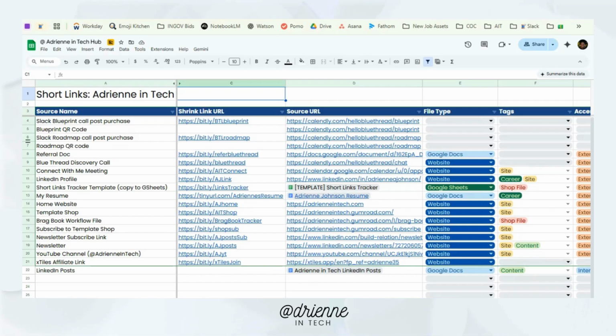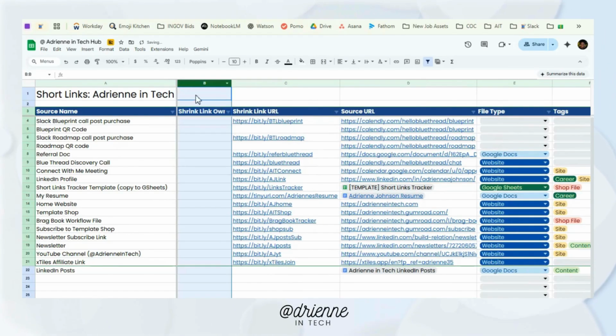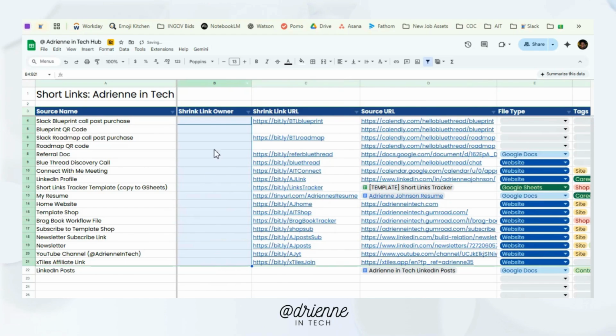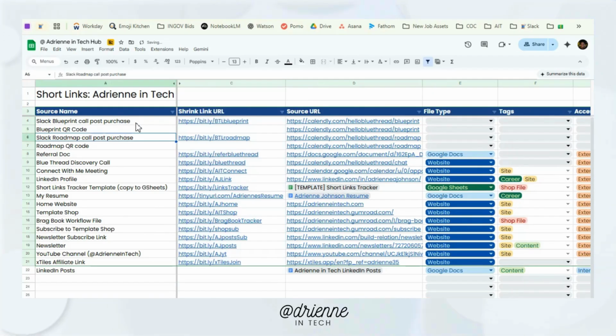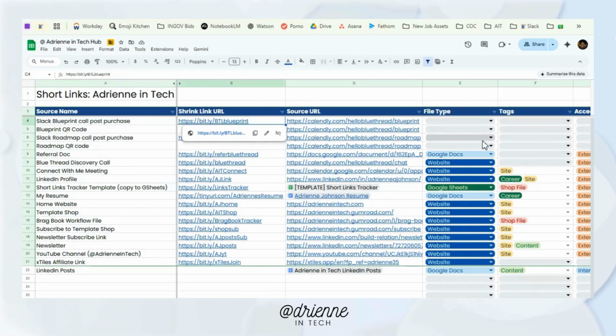And what I've done is I created a spreadsheet where I keep track of what my short links are. I have some different ways that you can use them in terms of a team setting, so you can track who the owner is for each link, because that person would have access to the source URL. But in this case, it's just me. So I'm just going to go ahead and show you that I have all of these links here. They all have bit.lys or tiny URLs attached to them, and the source content here as well.